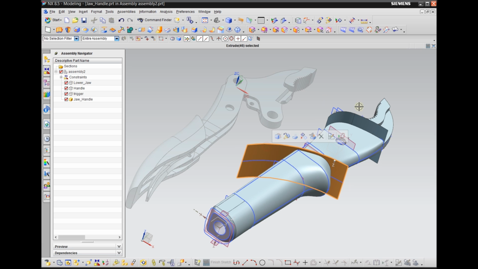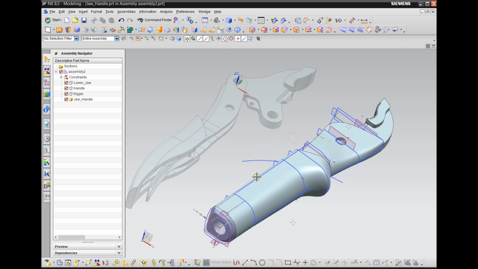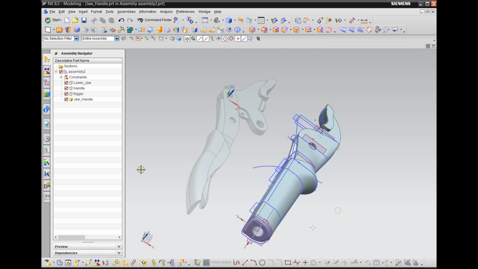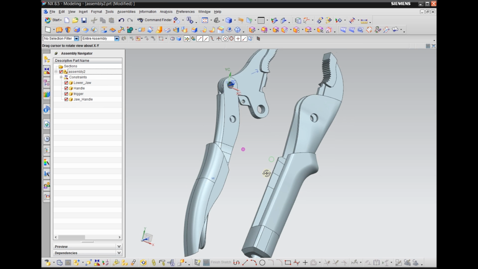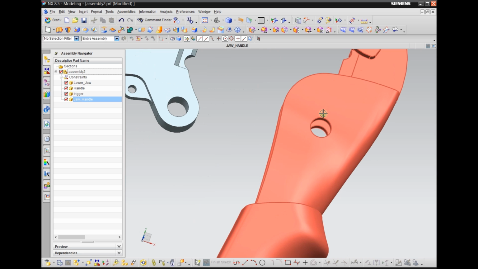Then we can pick the two sheets, and that's your hide button, or you can go to your part navigator to hide them. You can right click, hide. Okay, that's pretty much all we need to do, and we can right click on the assembly and make it your work part. So now we can use another fit